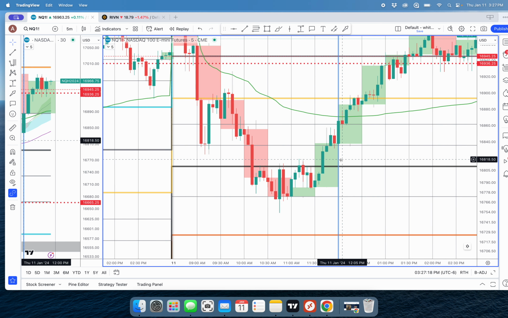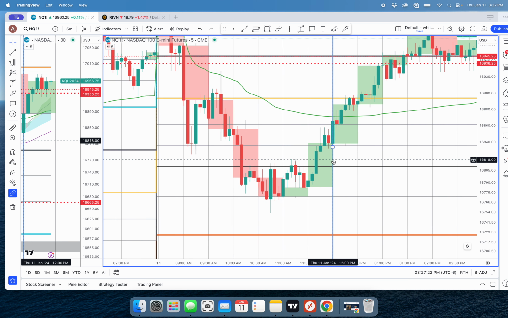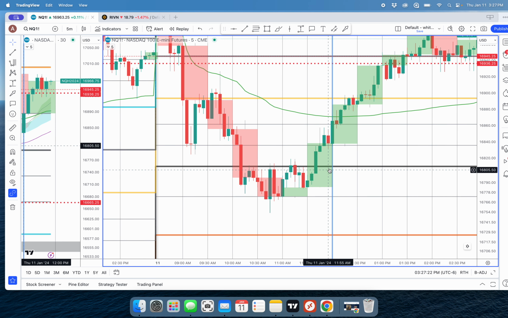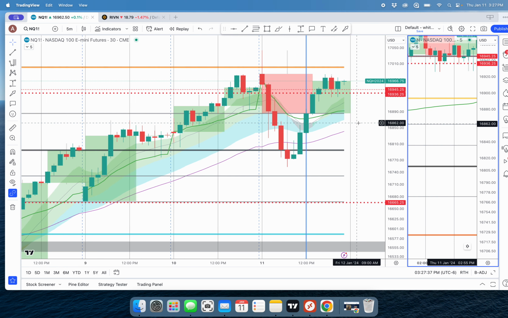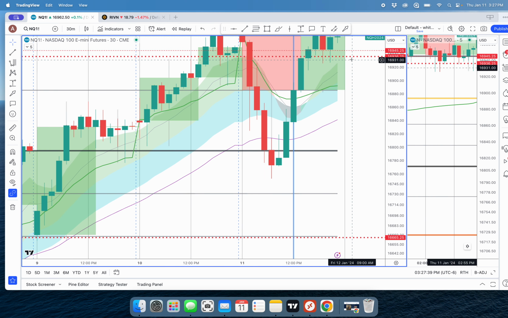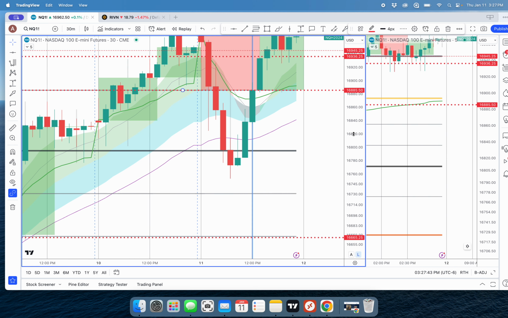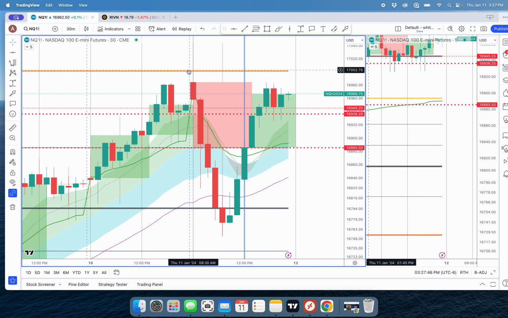I mean, that could have been easy money getting in anywhere near here, and then your target is the bull flag, right? And what do they end up doing right at noon? They shot it up for the 12:30 candle right here. And the 12:30 candle is important because that was a fib right there. Like if you actually drew a line right here, that's a fib in between that line. That's a fib in between the mid range and the 1